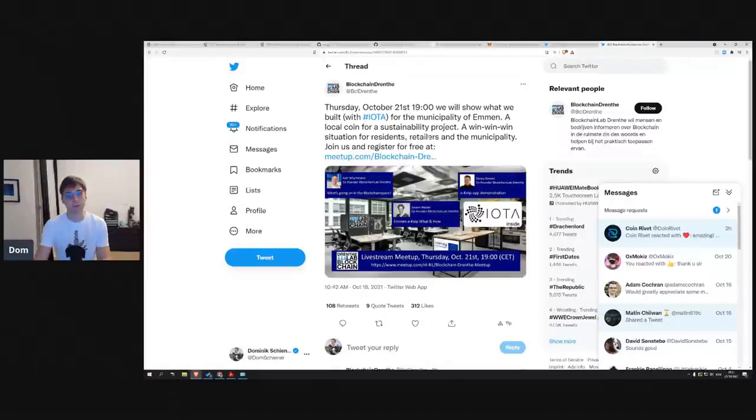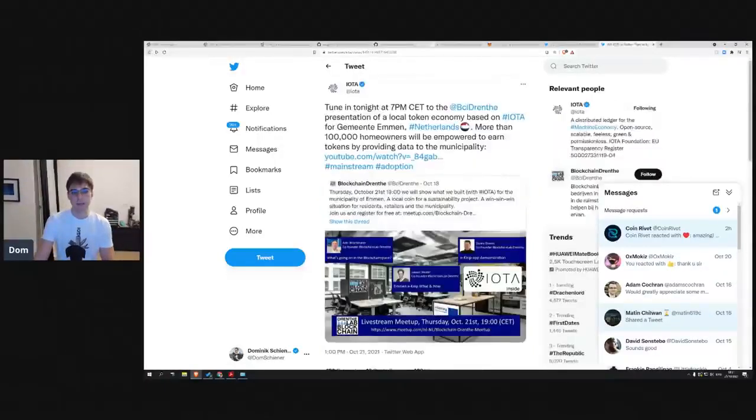There is going to be a very exciting talk about a new major pilot project that is being done in the Netherlands. And it's done in Emmen. And basically, it's about giving tokens to nearly 100,000 homeowners. So it's like a local community. And reward them for providing data to the municipality, right? So local citizens are being rewarded to help make the environment and make the